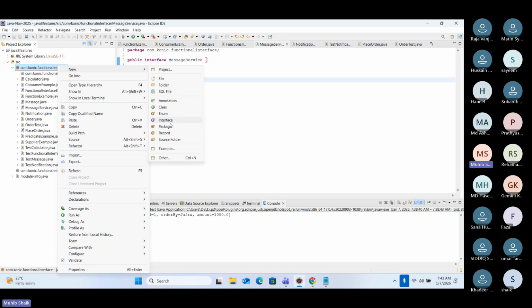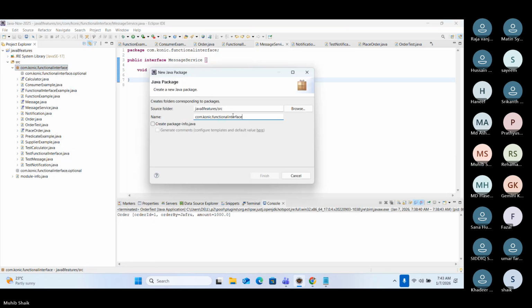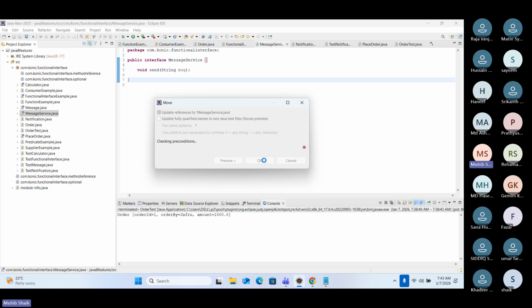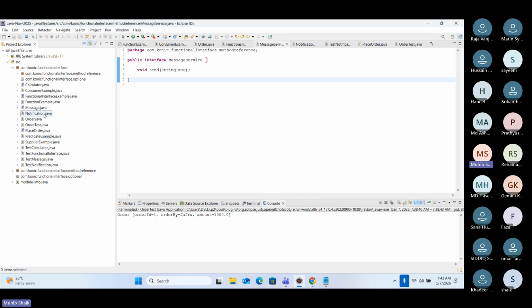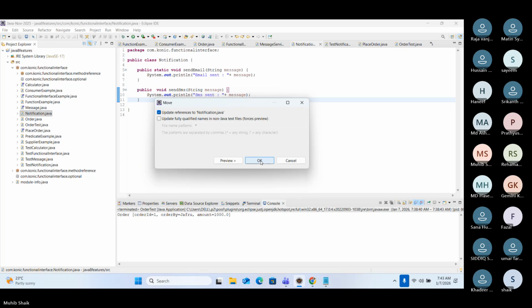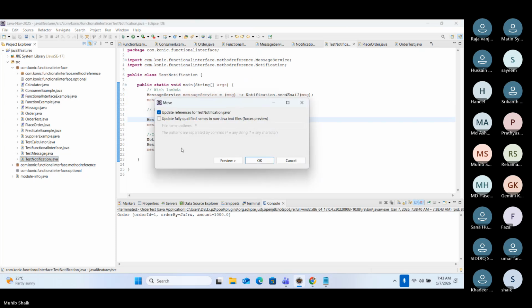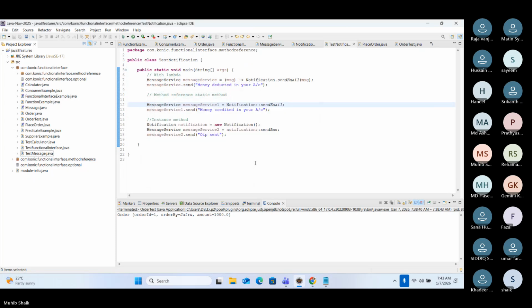So new package, dot method reference. The package name should be everything in small letters. Okay, then notification. Okay, then test notification. Okay,